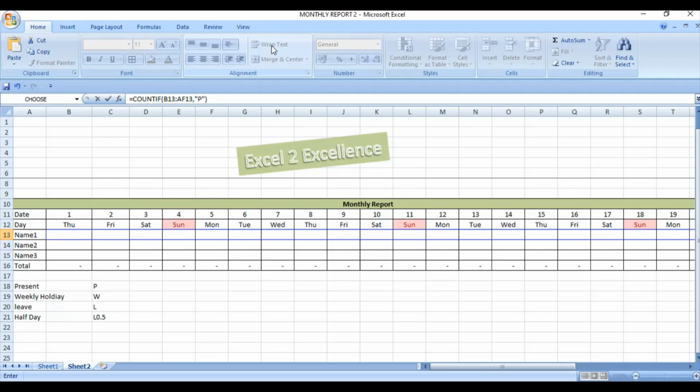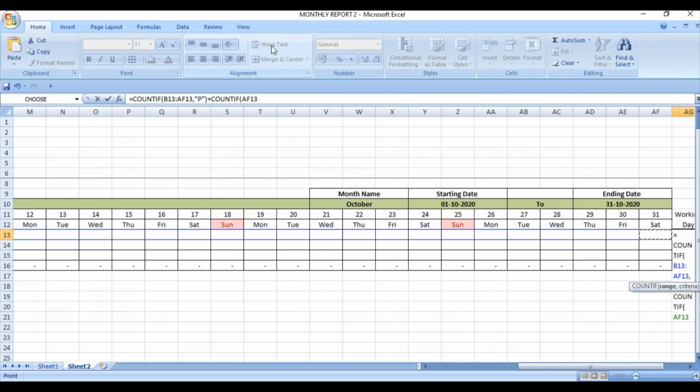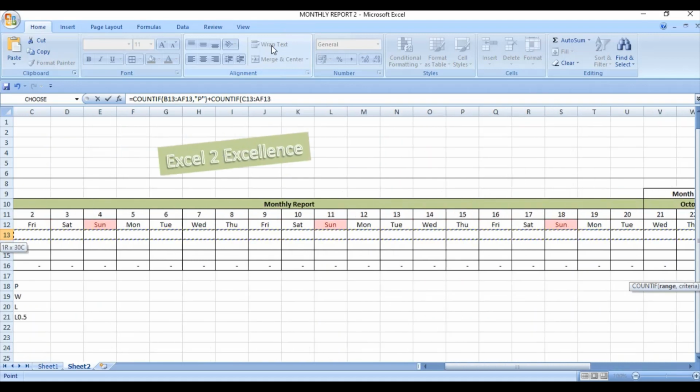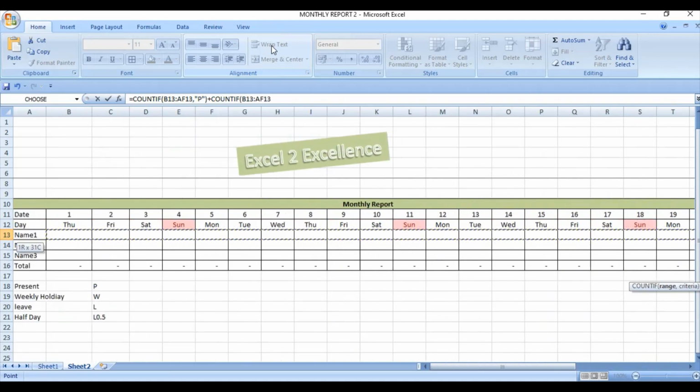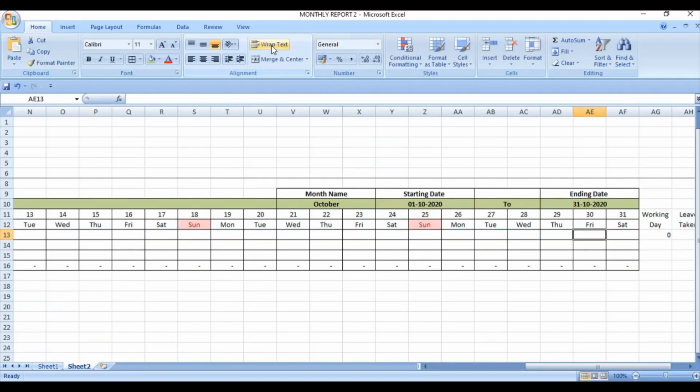and the second parameter of attendance is weekly holiday. Weekly holiday is also considered as a working day. So right here again COUNTIF, select the same range, apply there a comma, and within quotation sign write W, close this bracket. So in turn it will give you the result.